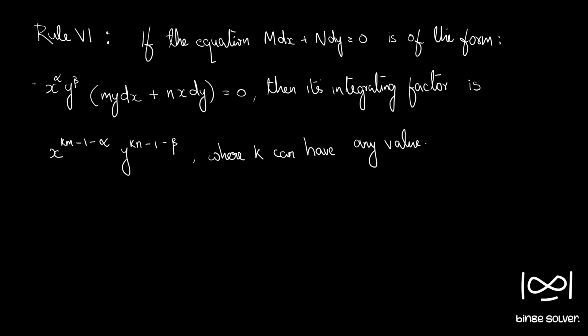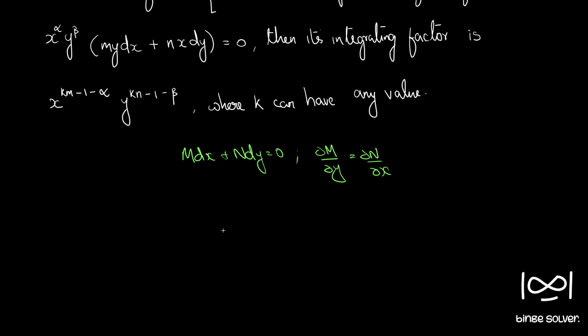In the last section, we were solving differential equations of the form M dx plus N dy equal to 0. When we get a differential equation of this form, we first check whether the given differential equation is exact using the necessary and sufficient condition ∂M/∂y equal to ∂N/∂x. So if this is true, we will find that this differential equation is exact, and then we can apply the solution